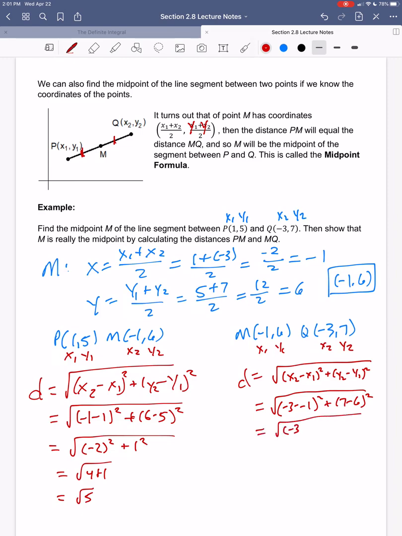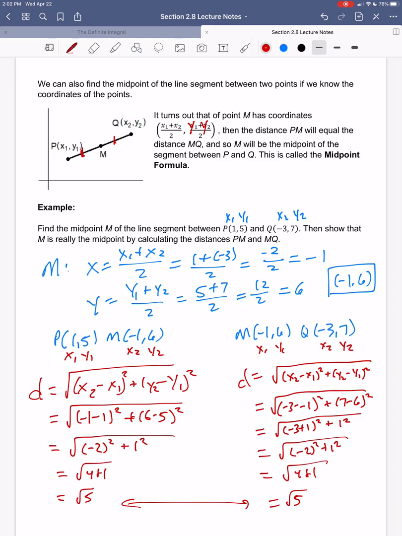So that's negative 3 plus 1. So that's negative 2 squared plus 1 squared, which is again the square root of 5. And so I see that those two distances are equal, so that's pretty convincing then that that really is the